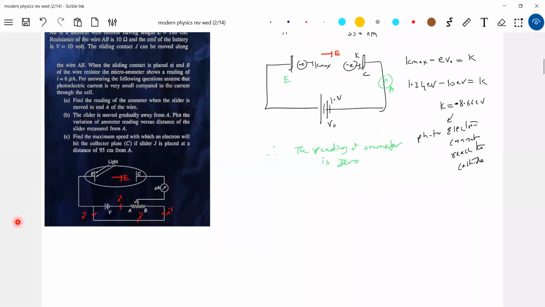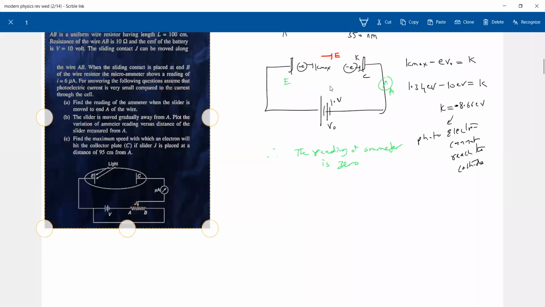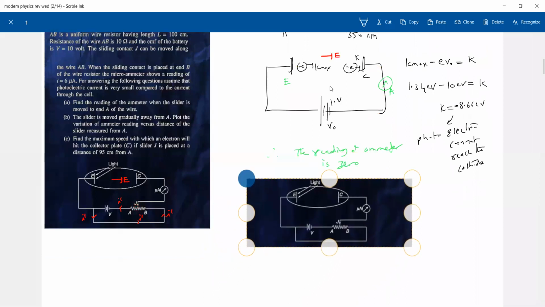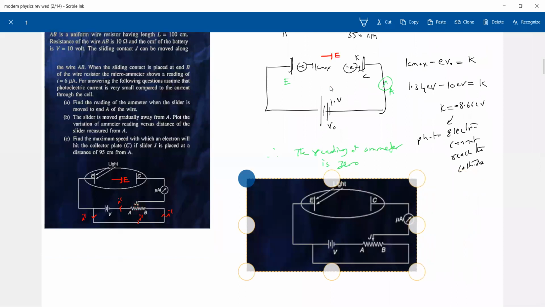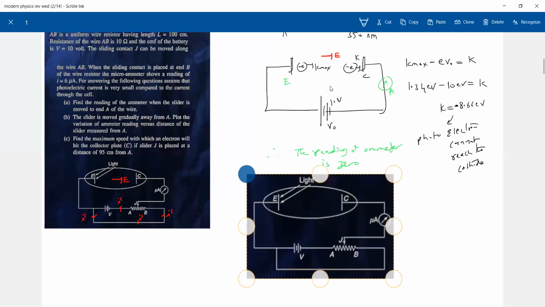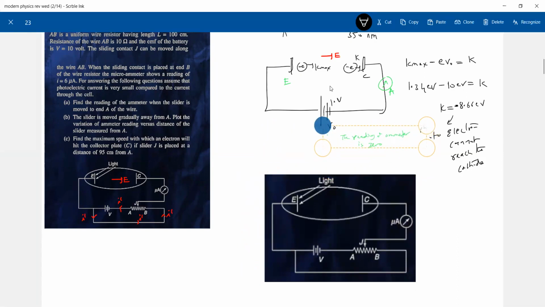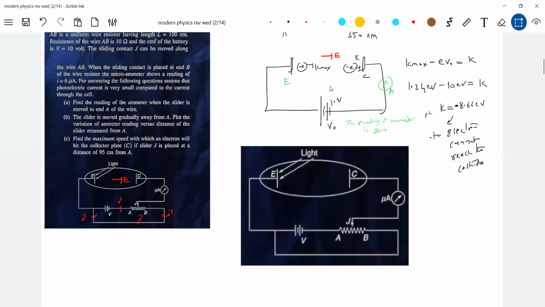I think, instead of shouting so much, let me draw the diagram. Okay, let me copy this. This is a very good problem. It is the small idea of the potentiometer that is being introduced here, nothing big. You can expect this kind of question in exams. Okay, I have brought everything.